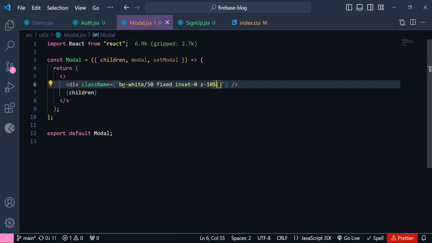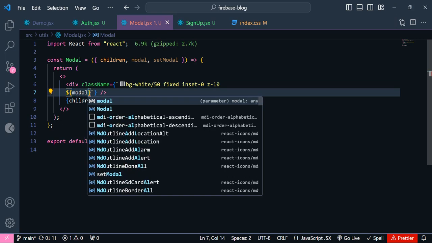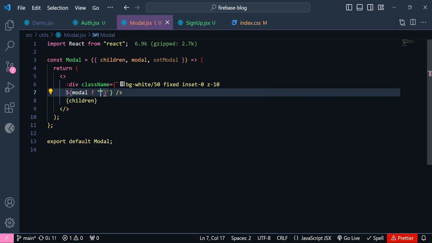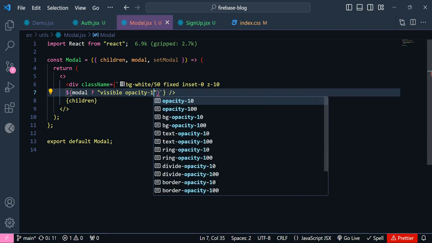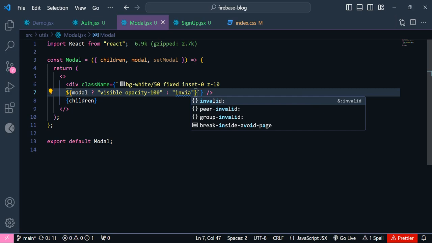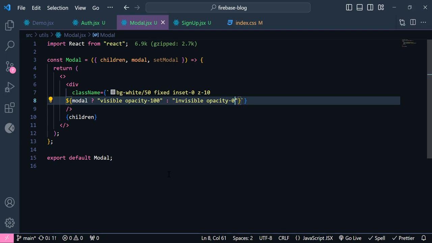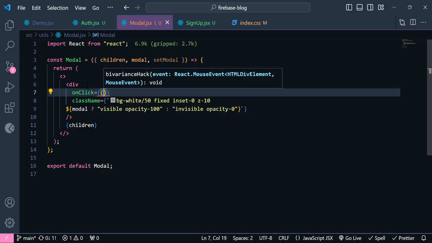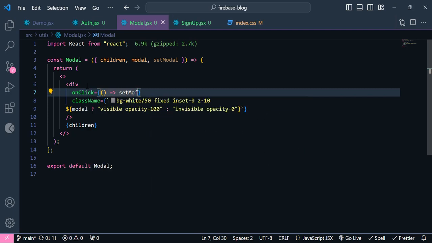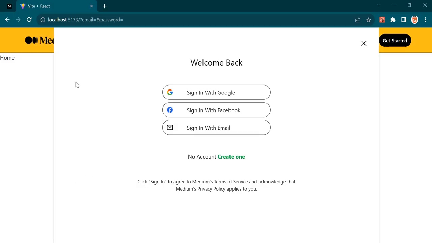I just add this class names here, and in second line I'm going to set a condition saying if there is modal, then we are going to set visible and opacity is going to be 100, otherwise we are going to say invisible and opacity is going to be 0. Now let's check it, but before that we need to set an onClick here. onClick, setModal, and it's going to be false. Okay,